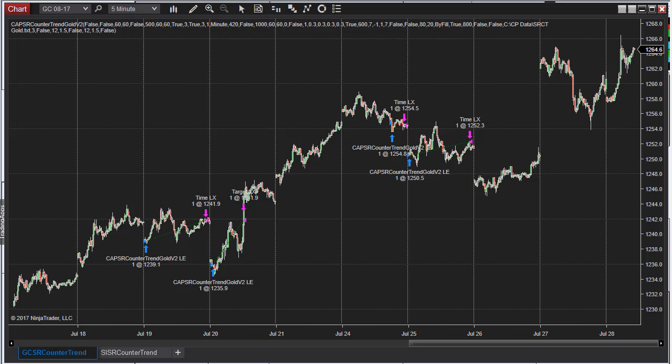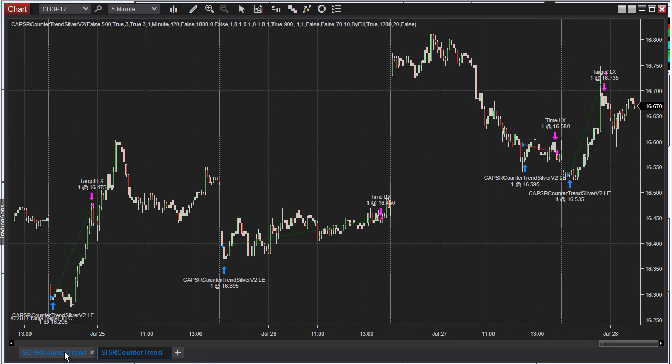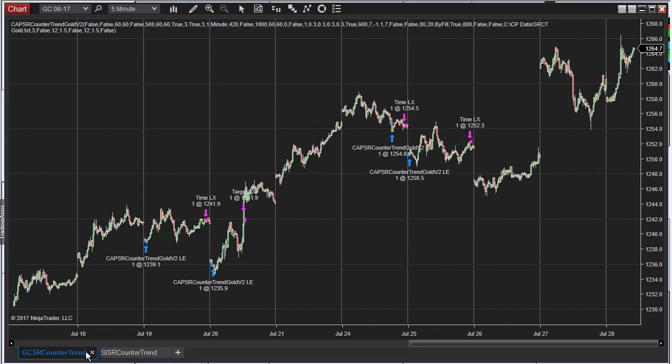I want to show you some of the trades this week in NinjaTrader 8. One of the features that I like in NinjaTrader 8 versus NinjaTrader 7 is you have the ability to add tabs to your window. So you see at the bottom there's different tabs, and you could have all your strategies. If you like to run your strategies in a chart, you can organize them with these tabs,